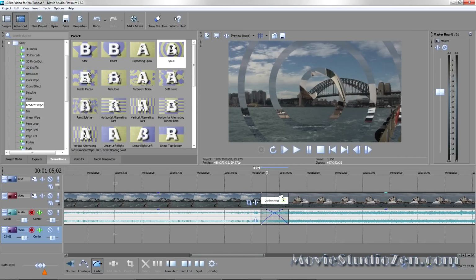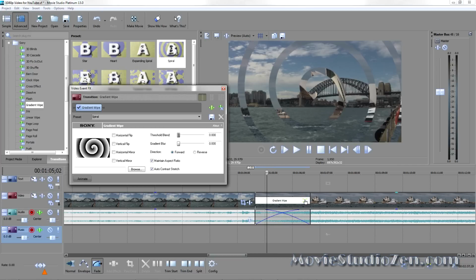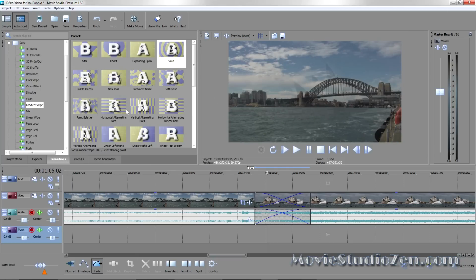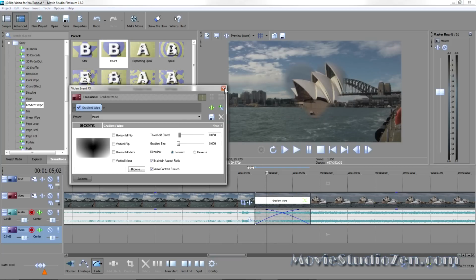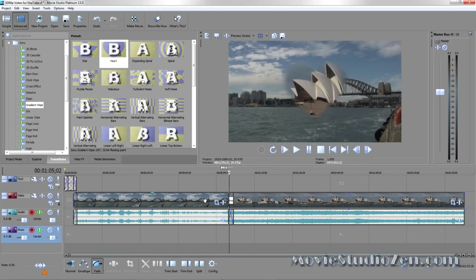If I'm right into the edit and I decide I just want to get rid of that transition altogether, I can click the green crossover symbol, go up here and press remove selected plugin, and that will remove it altogether. I'm going to zoom back out. And what will we do next?